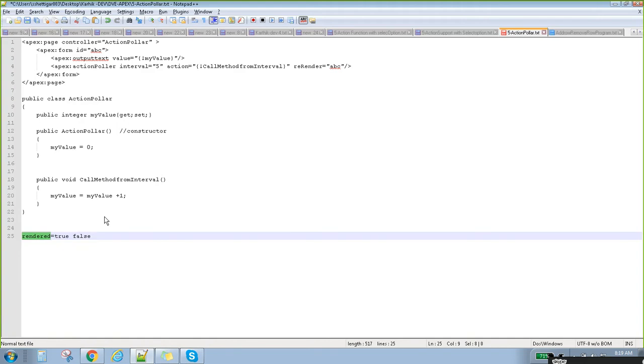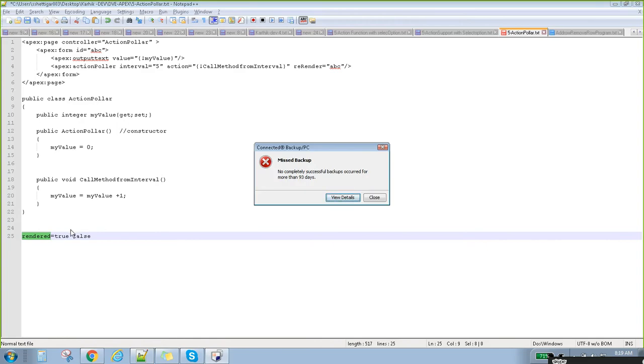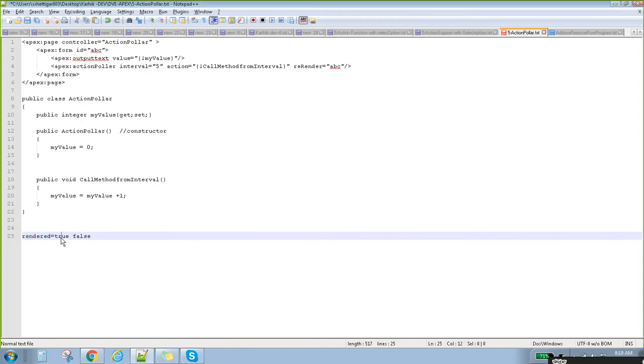So if you mention true, that particular field is going to display. If you make it false, that particular field is not going to display. You got it, right?